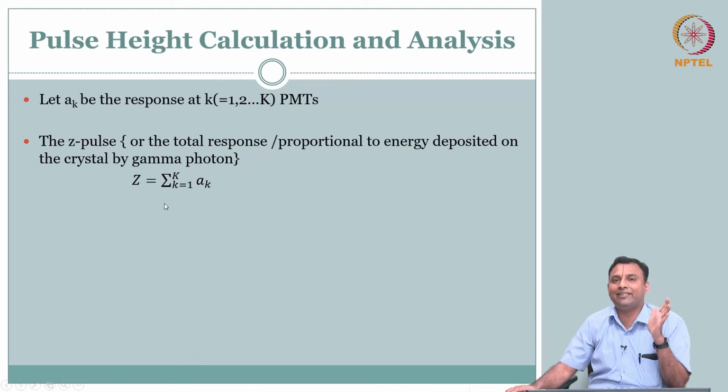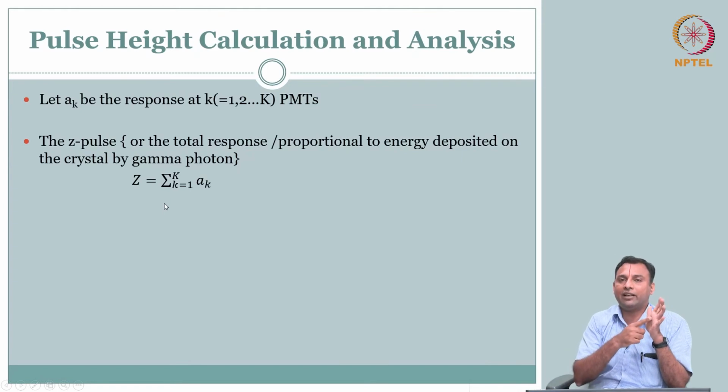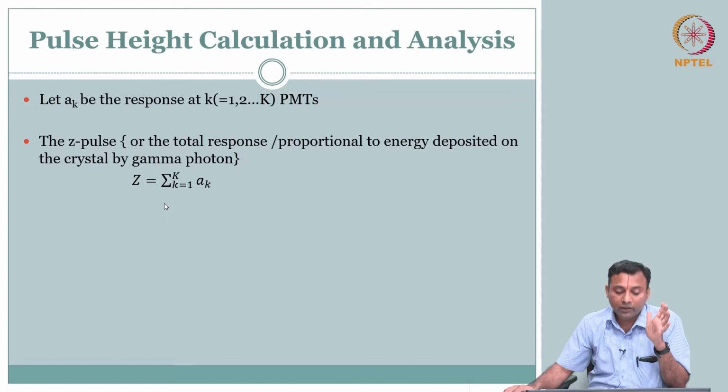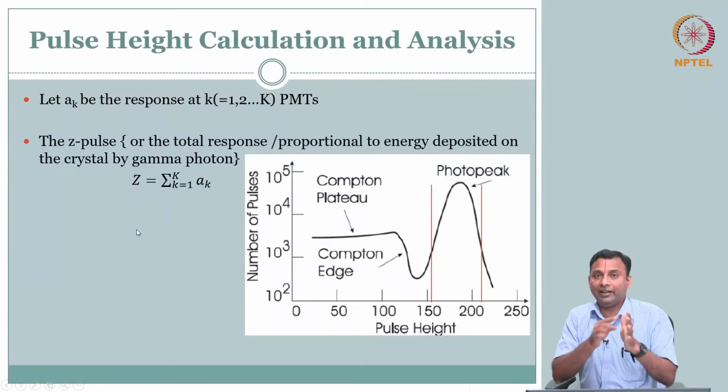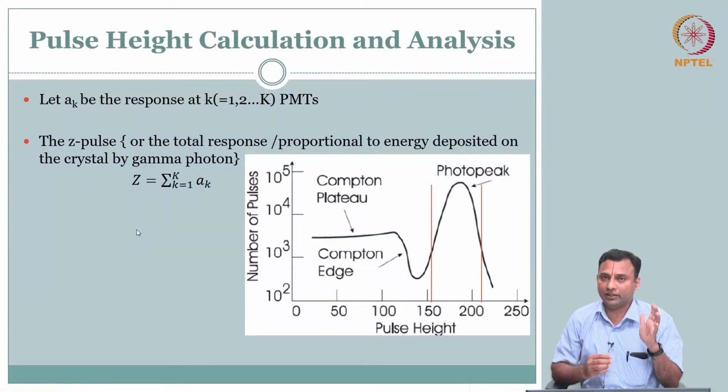The easiest way is whichever photomultiplier tube had the maximum, maybe that is the line of sight, so you can keep it there. But the downside is that your spatial resolution is only on the order of your photomultiplier tube dimension. So a better way would be to calculate where it is using some logic which we call XY logic.